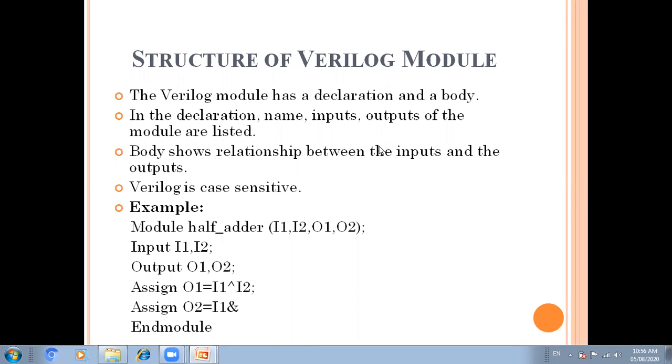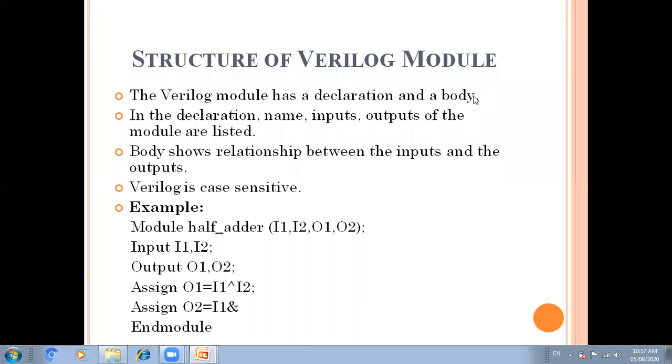Right. So in the case of Verilog, here we have to follow the module. That is the keyword in Verilog, module. So first here we'll understand the structure of the Verilog module. The Verilog module has a declaration and a body. The first is the declaration, like in the case of VHDL, where with the entity we declared the input output signals, like in, out, or inout ports, right? But in the case of Verilog, the module is divided into two parts, a declaration and a body. With the declaration, we can assign input and output signal names.